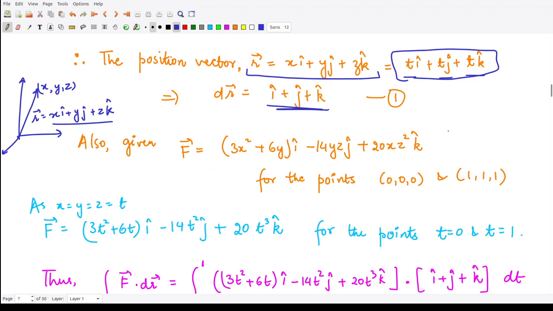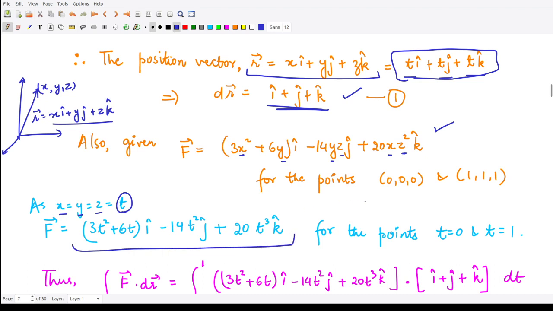Now you have vector F, you have vector dr. The next task is to calculate their dot product, and before doing that, in the F vector we also see x, y, z variables. So what if we convert all these in terms of t, because we have x equal to y equal to z equal to t. Instead of x, y and z we can substitute t, so your function becomes this one.